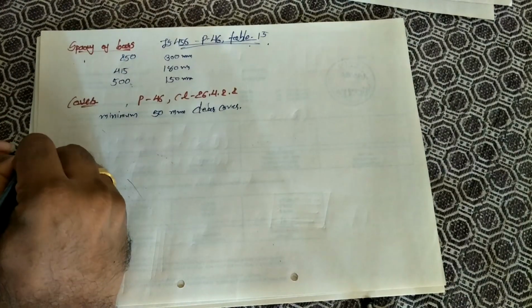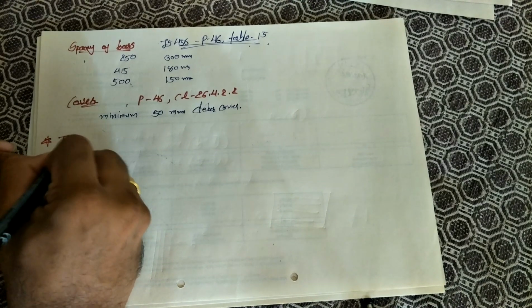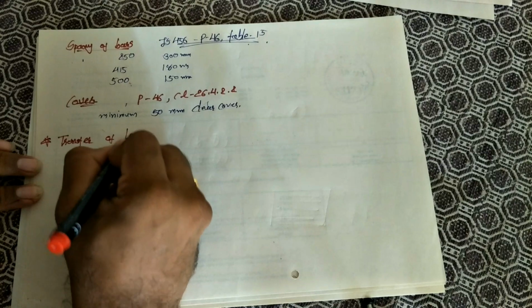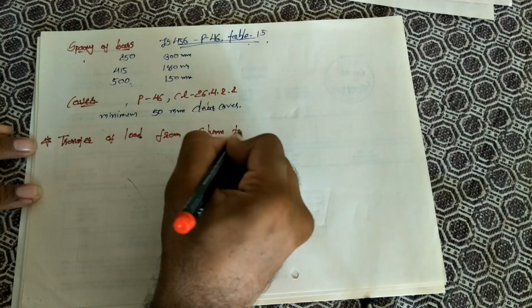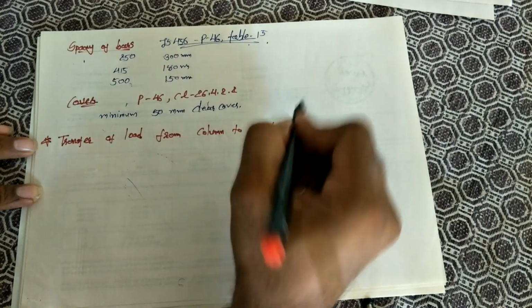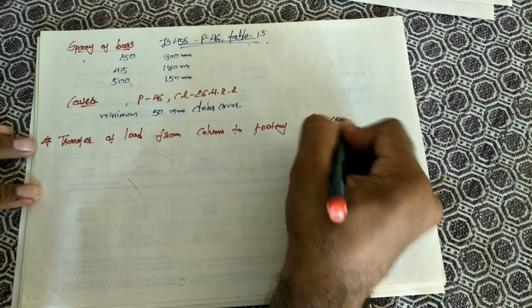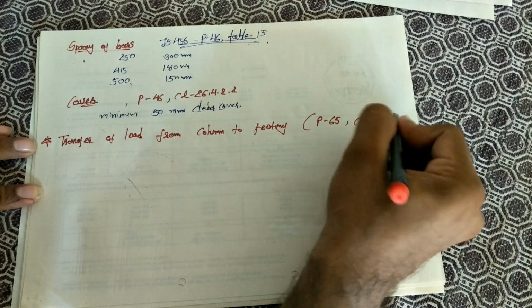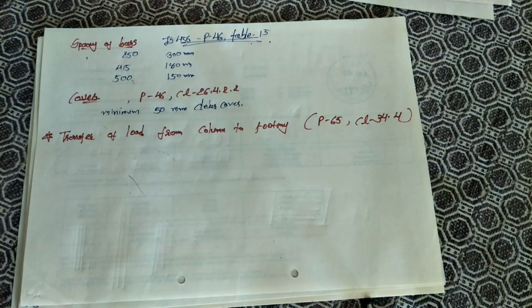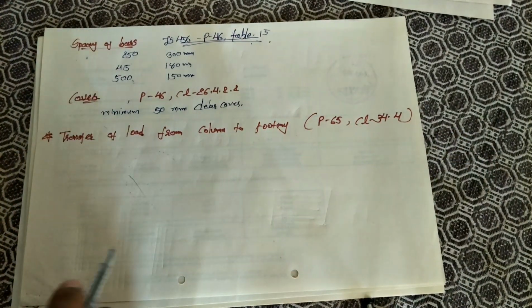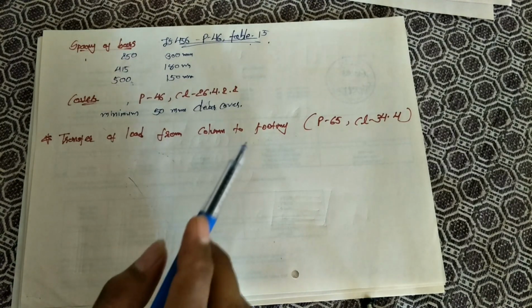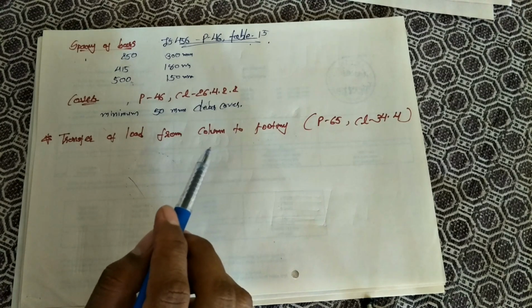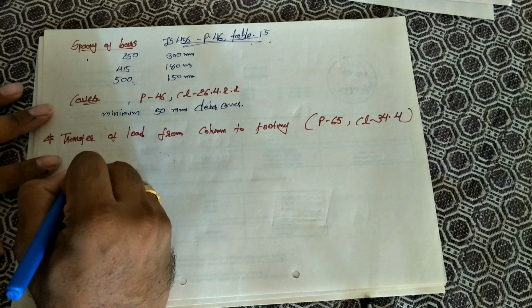Now the last thing about the theory of the footing is the transfer mechanism, the transfer of load from column to footing. This criteria is given on page number 65, clause number 34.4. So read all the criteria carefully. After reading, I will conclude that column load is transferred to footing through bearing, where bearing pressure below column should not exceed